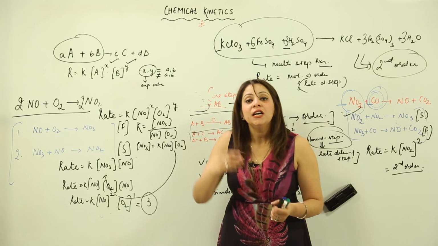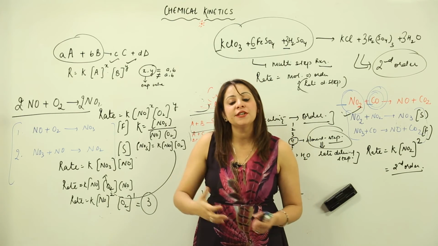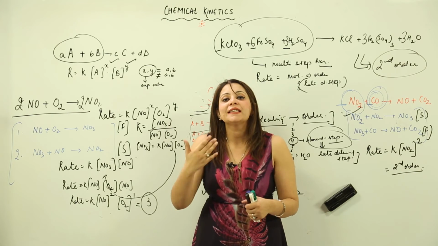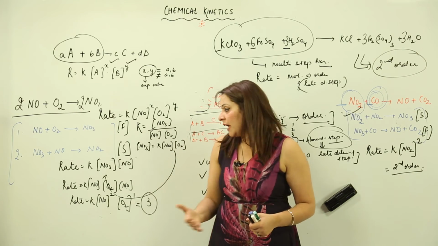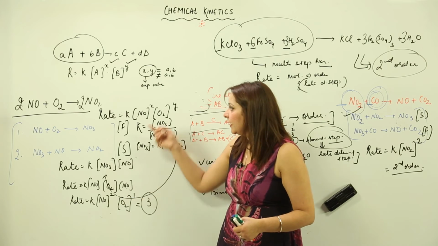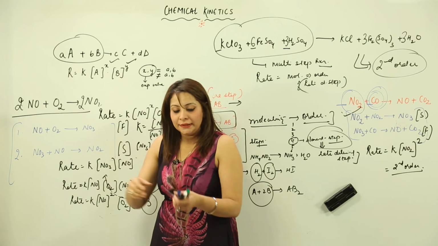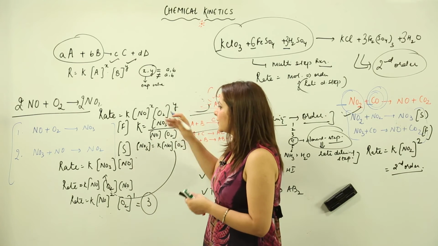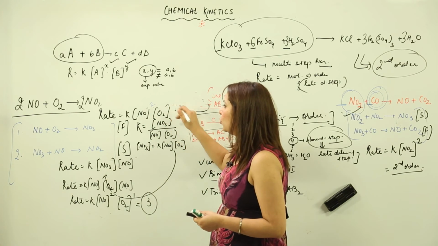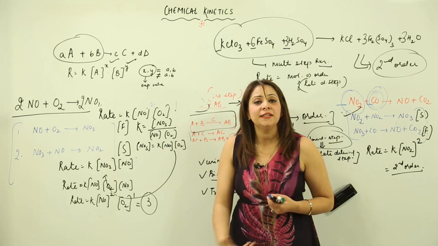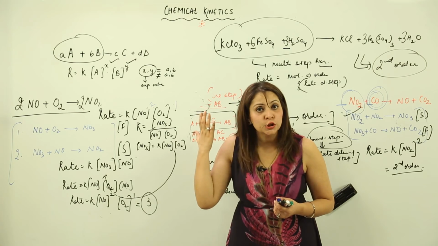So I think it's clear why sometimes the stoichiometric coefficients are equal to x and y, that is our experimental values, and sometimes they are not. As we saw here, it is just equal, because the stoichiometric coefficient for NO is 2 and for O2 is 1. So that means here we are writing 2 and here writing 1. It is not like that in this reaction I am writing a stoichiometric coefficient. It is not like that.